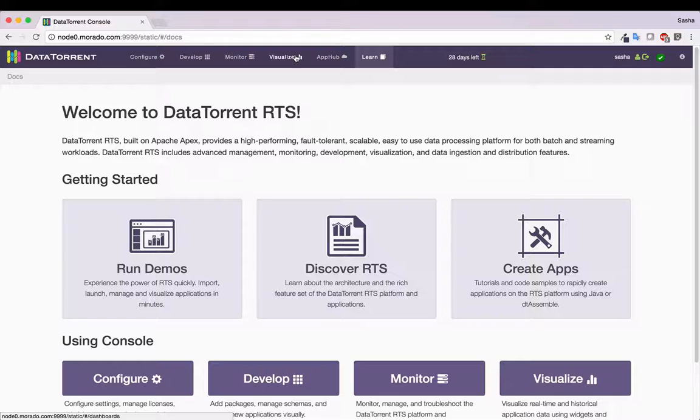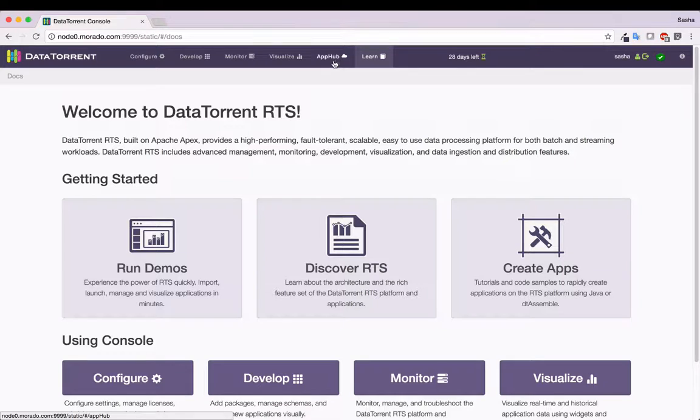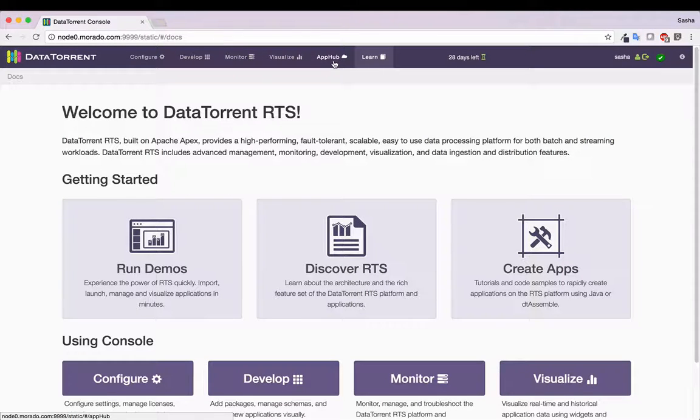The visualize section, where real-time application data can be visualized with dashboards and widgets, and the AppHub section for discovering applications, demos, and applications. And now let's take a look at each one of the sections in more detail, starting with